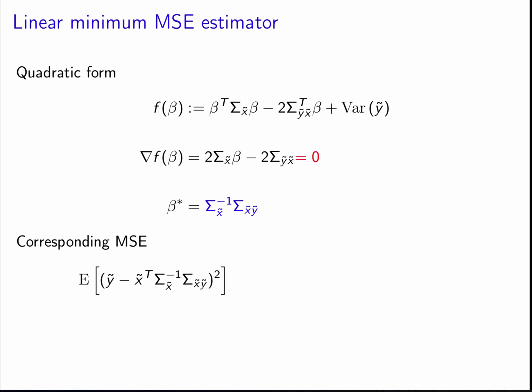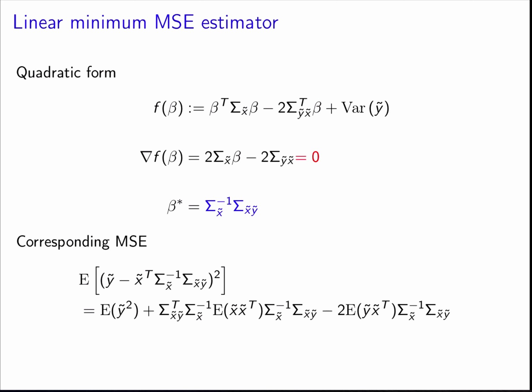Okay. The corresponding MSE, because realize that the MSE estimator is these coefficients, is the inner product between the coefficients and the vector of features. The corresponding MSE attained by this estimator can be computed by just plugging it in like this. And again, I recommend that you actually work through this on your own. But basically all we're doing here is expanding the expression and then taking expectations everywhere. What we end up with is the variance of y minus a term that depends on the covariance and the